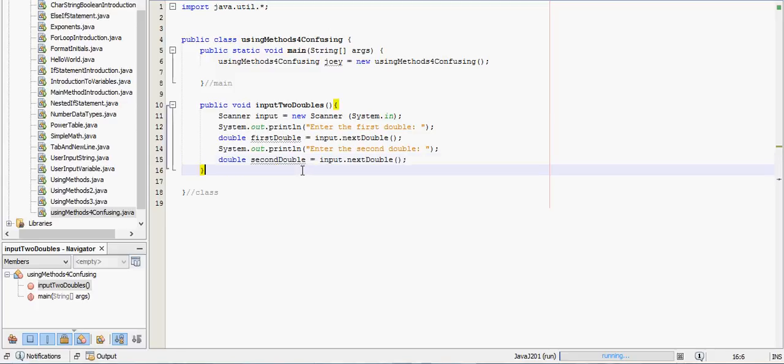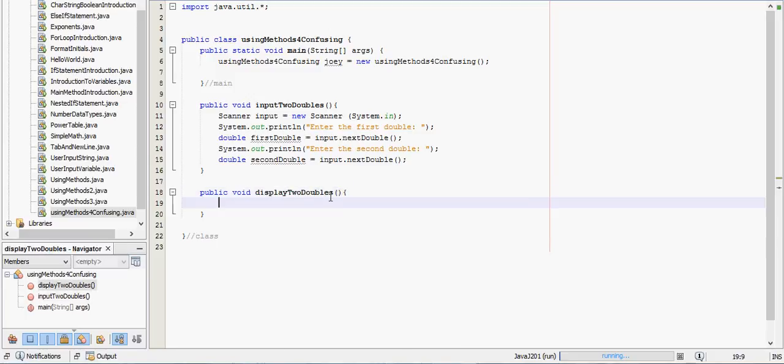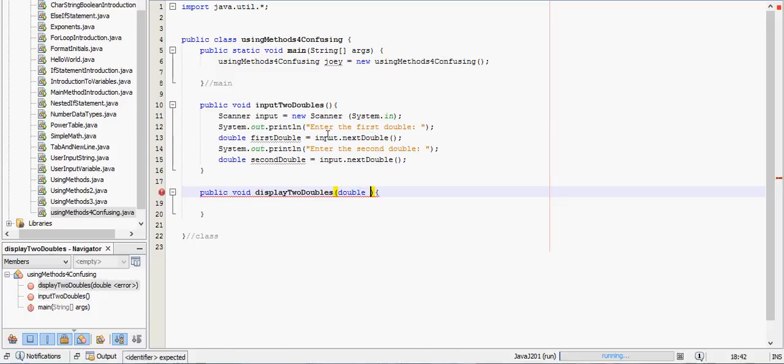And then we'll need to display those doubles. We'll make another method, public void displayTwoDoubles. And this will need to call in these doubles. We first put in the data type, then what we're going to call the first one. We'll call it double one. Double